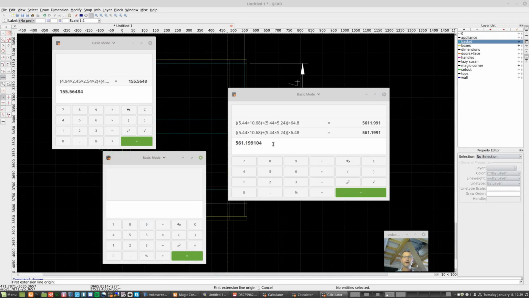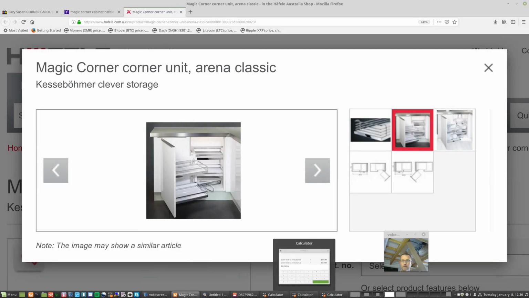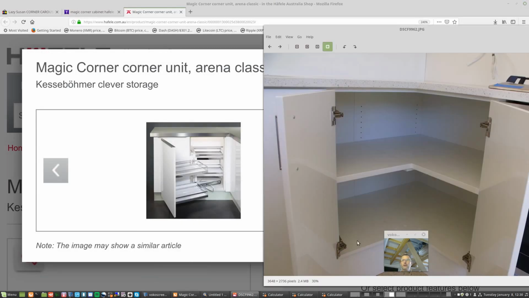So I'm going to go Control C, Control V, divided by Control C, Control V. So we've got 3.6 times the volume in this versus this. Let's just understand that. 3.6 times the volume. Now that is subject to how you load this shelf and with what kind of items